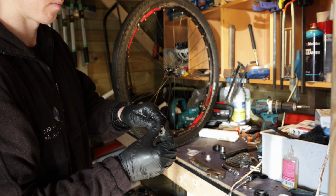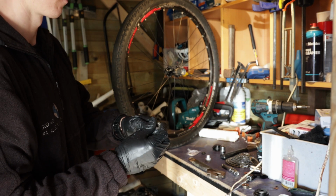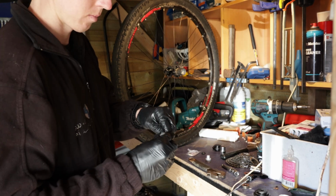Then you grease up the drive side of the axle, which is the end with the short threads, and then you put on the bearing and the nut that will hold the bearing in place. Just tighten it down hand tight,